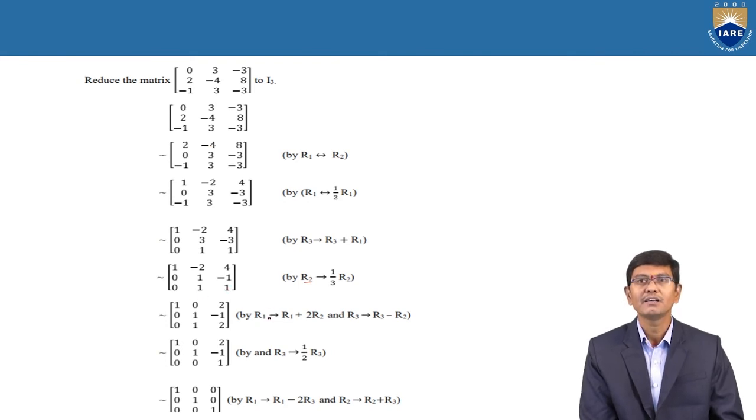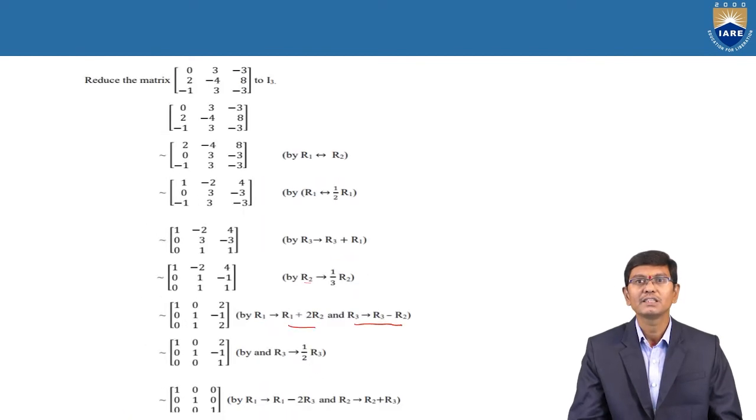Once again, when we apply R1 becomes R1 plus 2 R2, the first row is changed to 1 0 2, with the help of R1 plus 2 R2. And on R3, by doing R3 minus R2, the values are changed to 0 0 2 only. Then R3 divided by 2, since 2 is common, gives 0 0 1 only. And again, finally